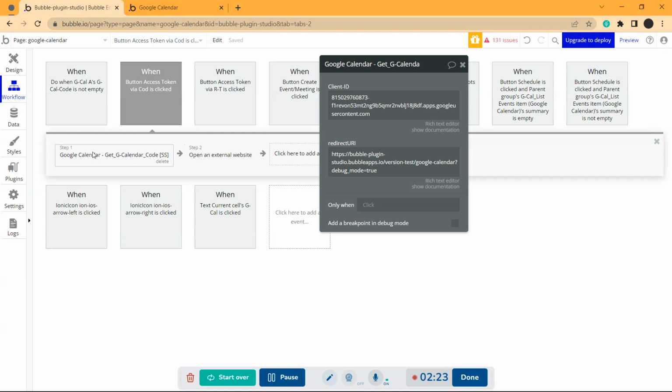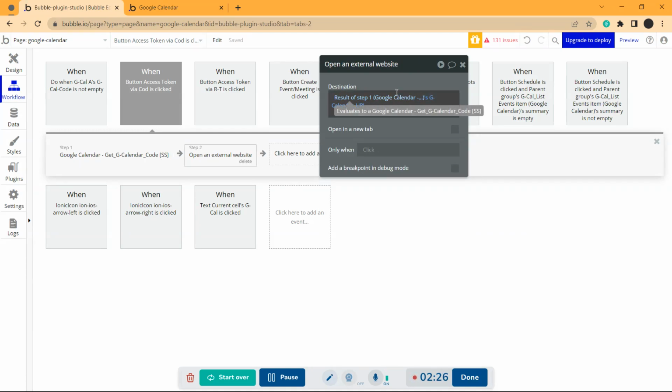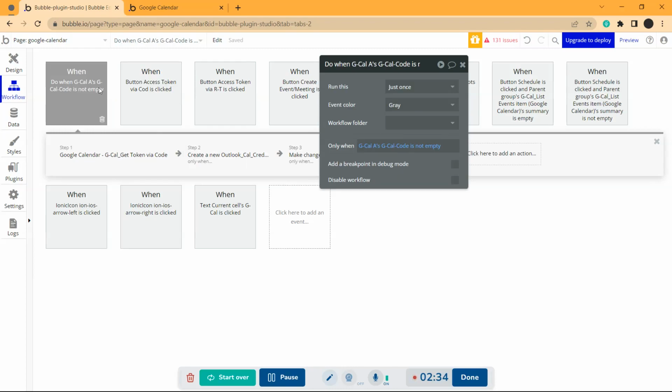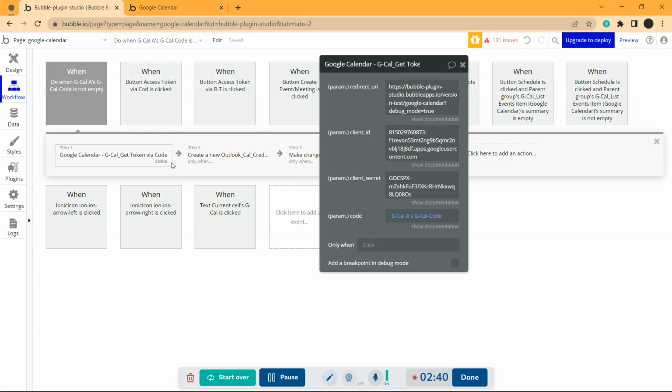Then after this step, you will get the result of that API, which is the calendar URL, and you will go to that sign in page. After coming back from the sign in page, you will be redirected to your own app page, where you have to implement this API called gcal get token via code. In that API, you first have to give the redirect URI again, and then the client ID, then the client secret. The client secret will also be in the Google Console project, and the gcal code you can get